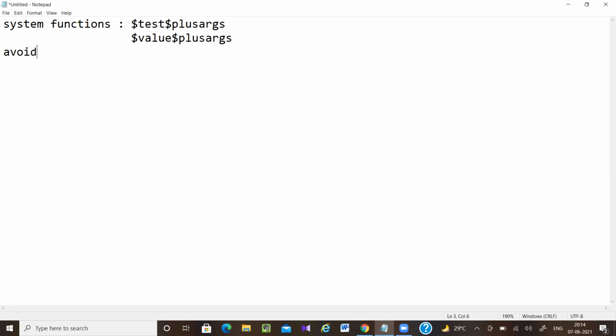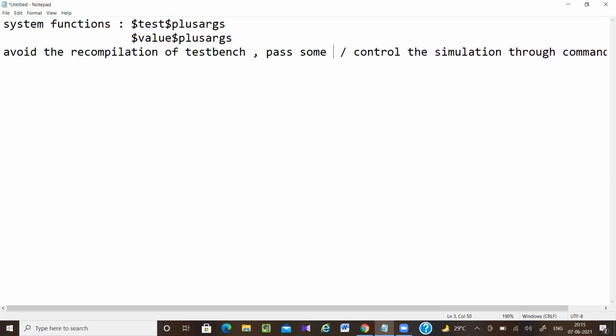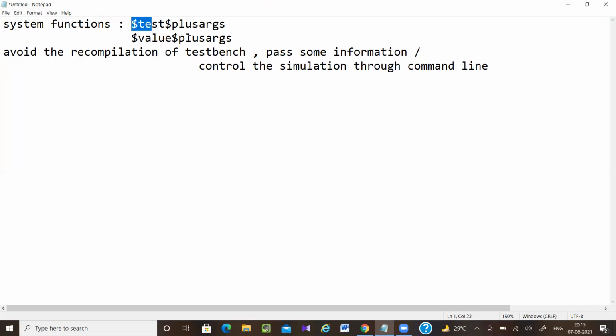When you want to avoid recompilation of the test bench and you want to control the simulation from the command line, or you want to pass some information or some values through the command line, then you can use these two system functions.